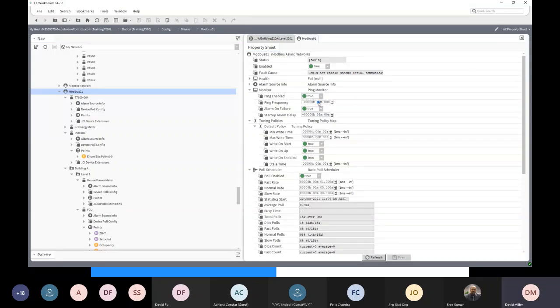Particularly if there's only one device that's offline and you're trying to work out why it's not coming online, then setting that down to 10 seconds means that the master will be regularly trying to get that device online. Once the job's in, working, settled down and stable, you could put that back out to 5 minutes,